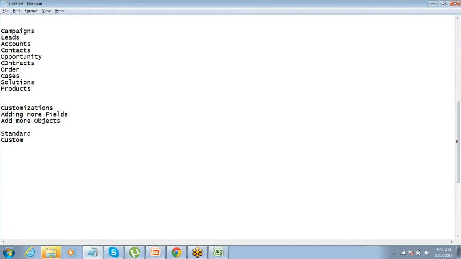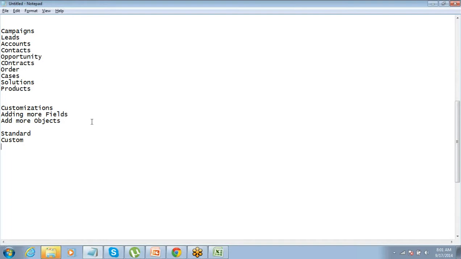Standard is something which is provided by Salesforce. All these objects which are there already, all the fields which are there already, these are all standard. This is all provided by Salesforce. Why is it called standard? Because that is standard for every organization that is using Salesforce. You have purchased Salesforce, you will have these objects. I purchase Salesforce, I will also have these objects. It's standard for everyone, right? And they do not allow us to change or delete the standard things.